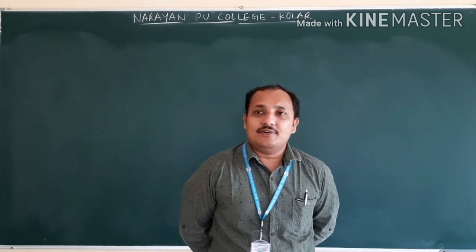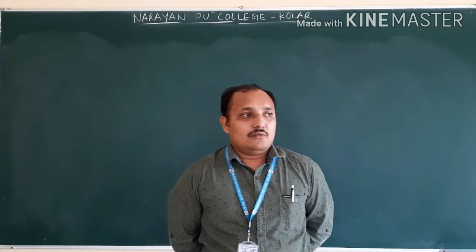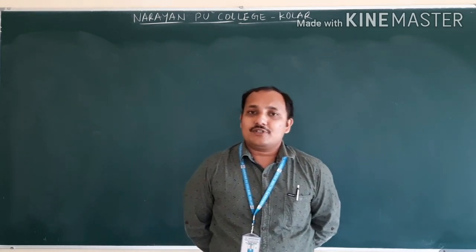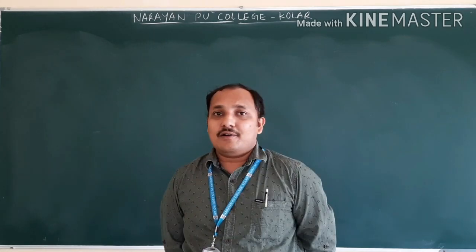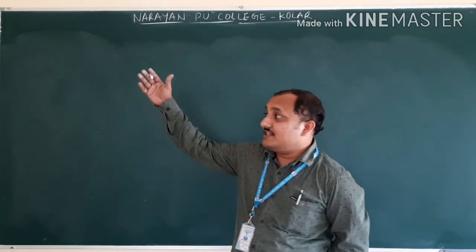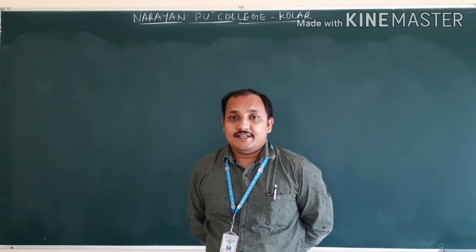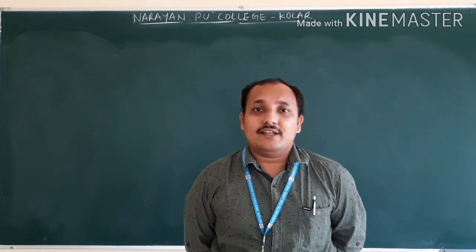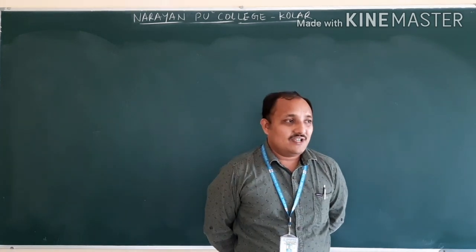Now that is the end of the motion in a straight line lesson with the concept of relative velocity. Now we are going to start competitive. So before starting competitive, we should have an idea of all these formulas. That is nothing but v = u + at, s = ut + ½at², v² − u² = 2as.